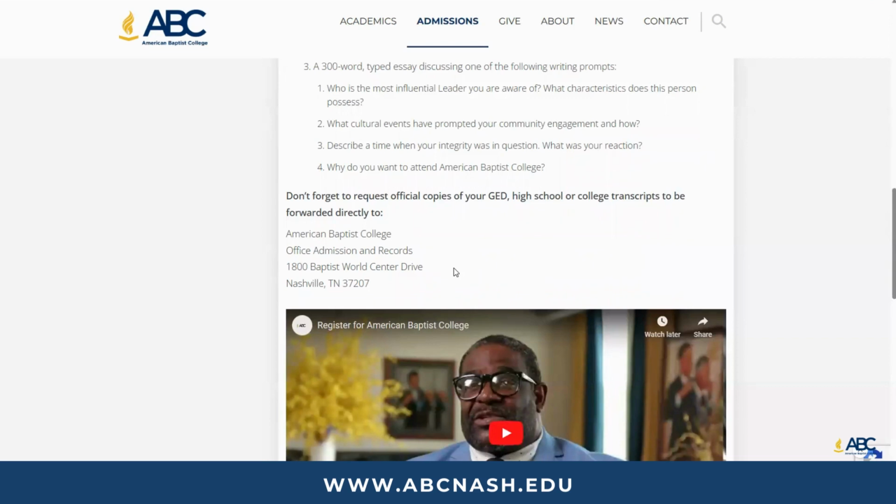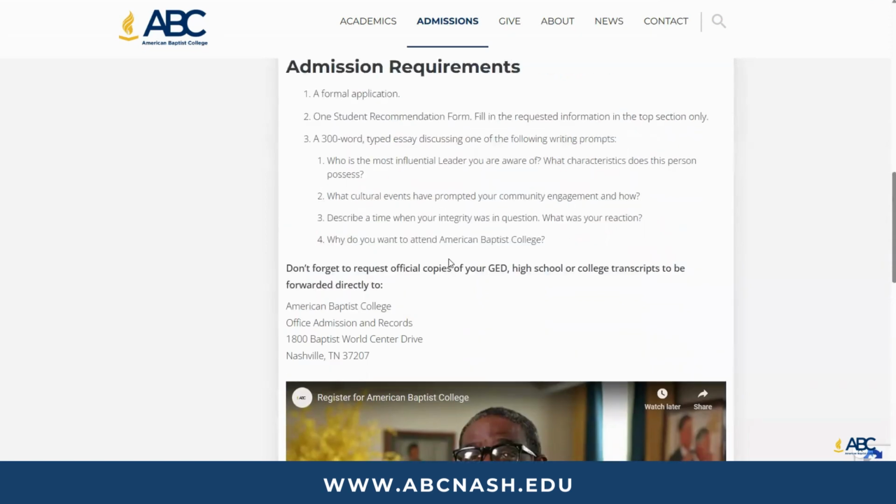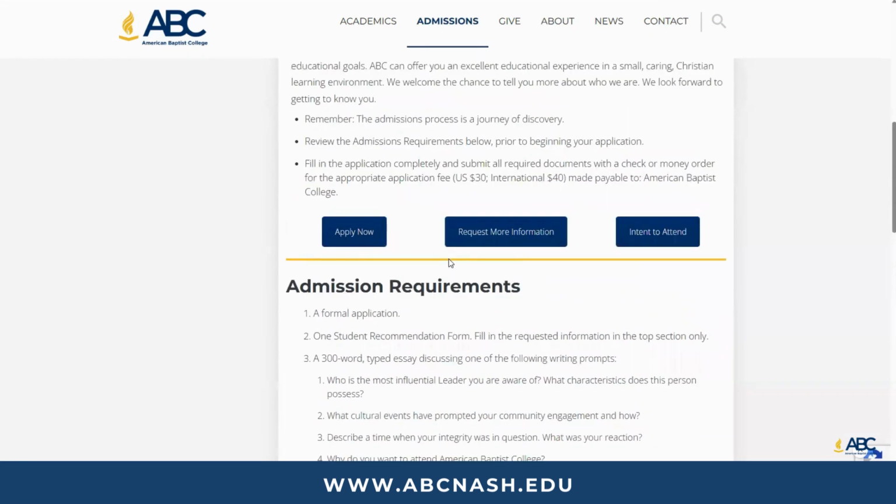All of those items can be mailed to us at the address listed on the screen, or they can be emailed to us directly from the entity you are requesting them from, and they can be sent to the admissions@abcnash.edu email address. So after going through these steps, the next thing we're going to do is go through the actual application itself.